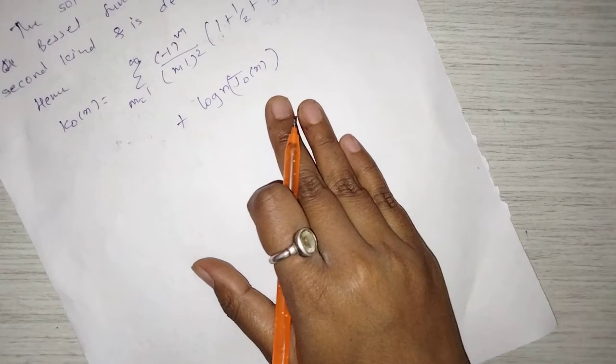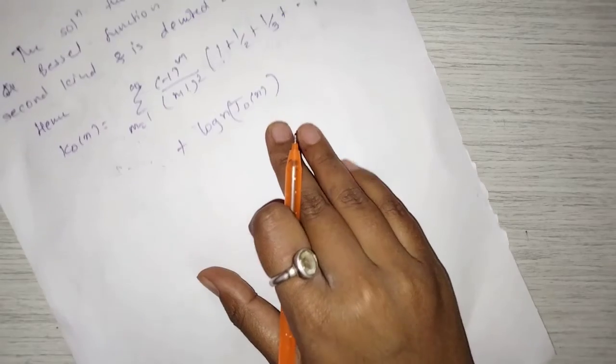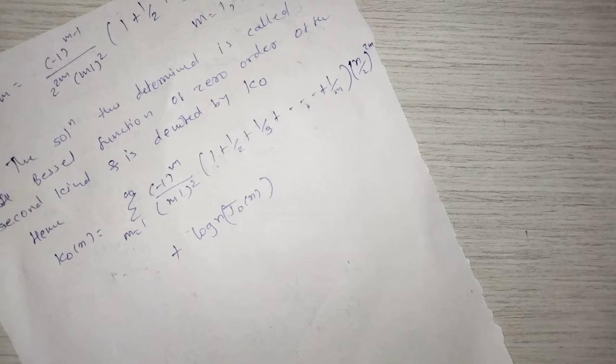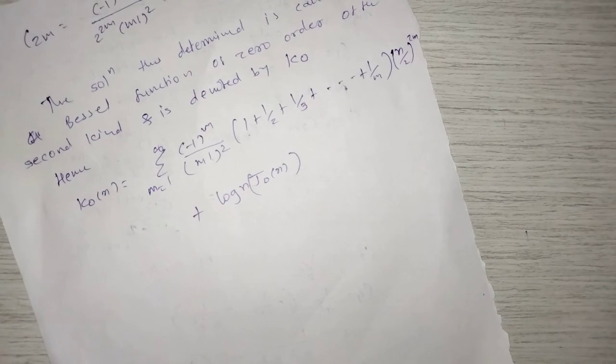Using the ratio test, it is easy to check that the series on the right is convergent for all finite x. Now, here we get two solutions for the Bessel equation of order alpha, and here we take alpha equal to 0. So for the Bessel equation of order 0, we get two solutions, phi 1 of x and phi 2 of x, and we take phi 1 of x equal to j naught of x and phi 2 of x equal to k naught of x. So for the Bessel equation of order 0, we get j naught of x and k naught of x, two solutions. Now, here we stop.